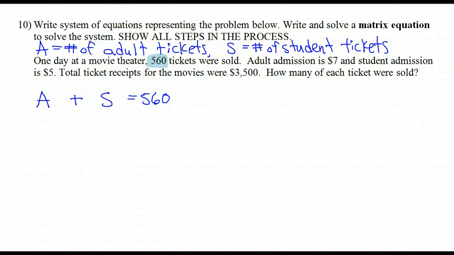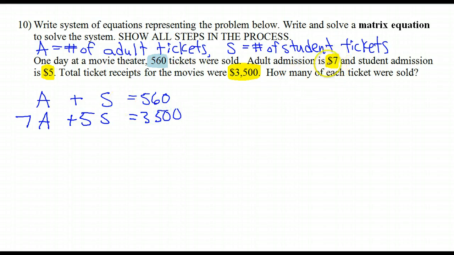Now, the other one should be also obvious for a different reason. Look at what we're talking about. $7 money. $5 money. $3,500 money. Money, money, money. That's a hint to you that these three all belong together in the same equation. All right? $7 for every adult ticket. So that's 7A. And $5 for every student ticket is going to add up to